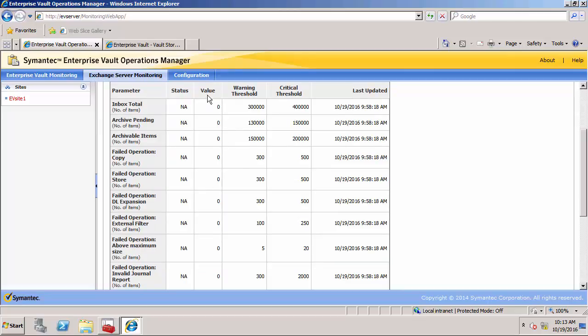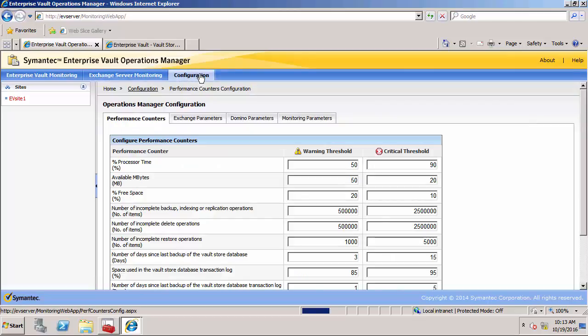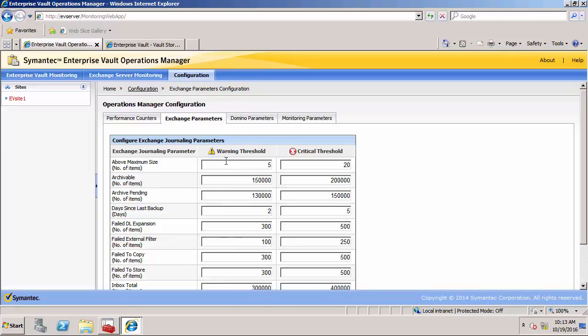If I go to configuration, I can actually change the thresholds, and it's a good idea to change these. Once again, as with the monitoring alerts we looked at earlier, they're set for a medium to large Enterprise Vault environment. So are these. So you may want to change some things like the exchange parameters. So the number of archivable items, you may want to reduce that or increase it, depending on the size of your environment. So now I'm going to go back to the admin console